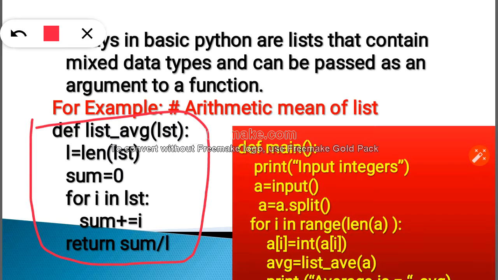L = len(lst), sum = 0, for i in lst: sum += i. You know now that sum += i and sum = sum + i are the same. Then return sum / L. So this is the function to take out the average of the elements of a given list. Understood?